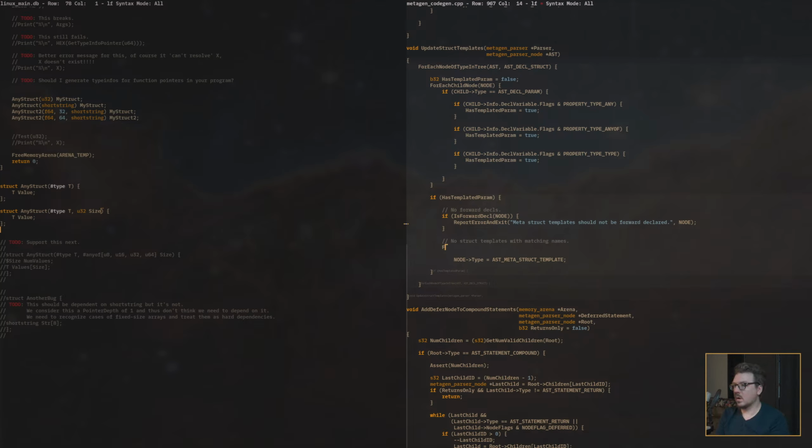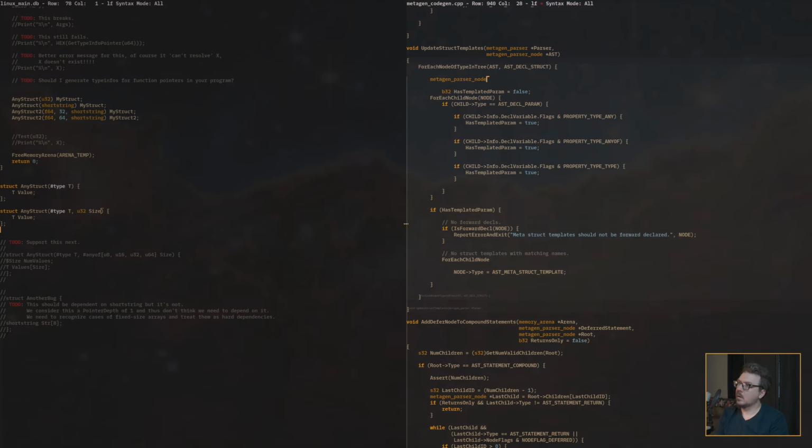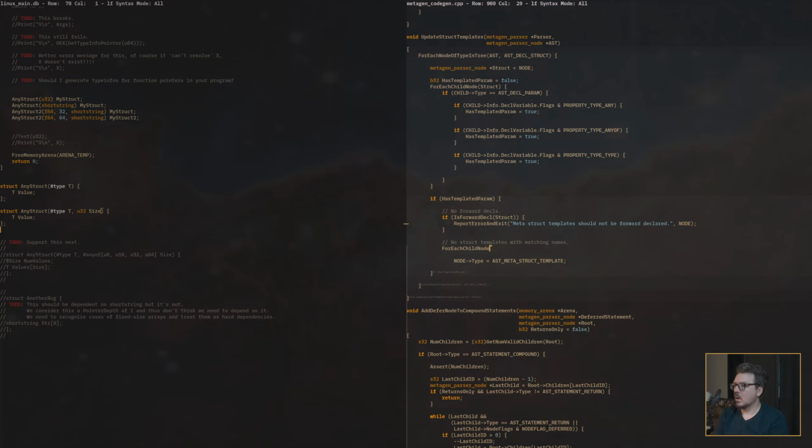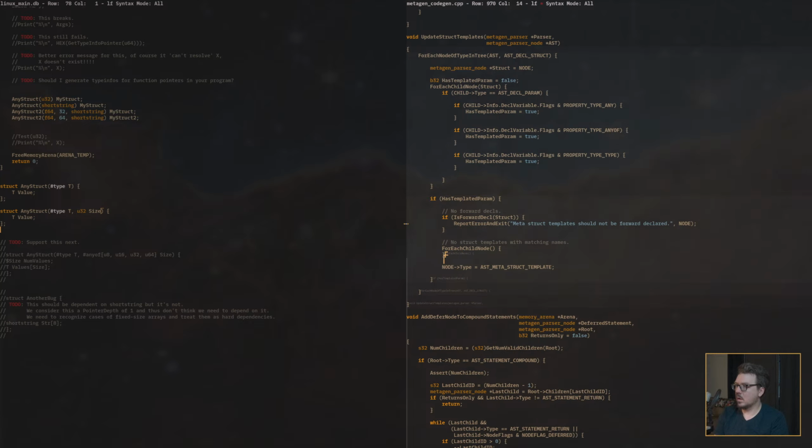So for each, let's call this, for each node of type in the AST,